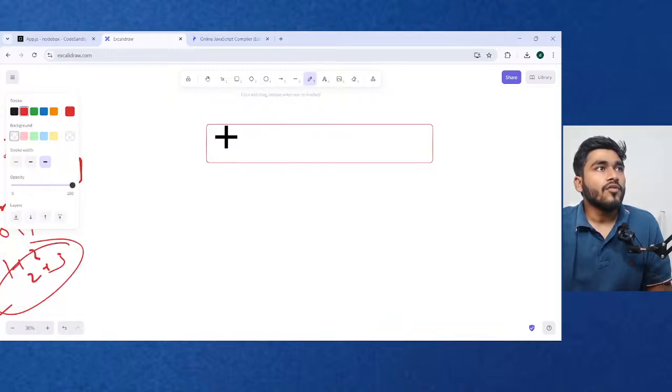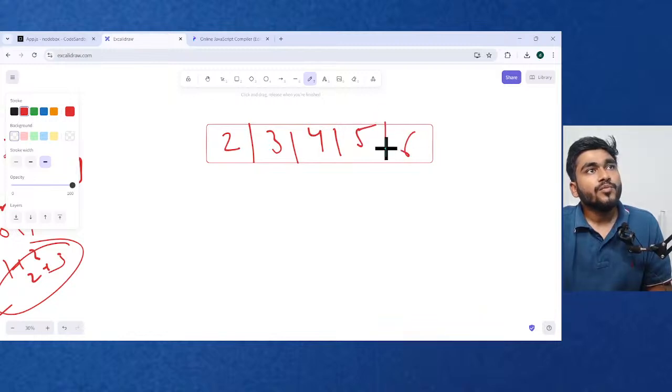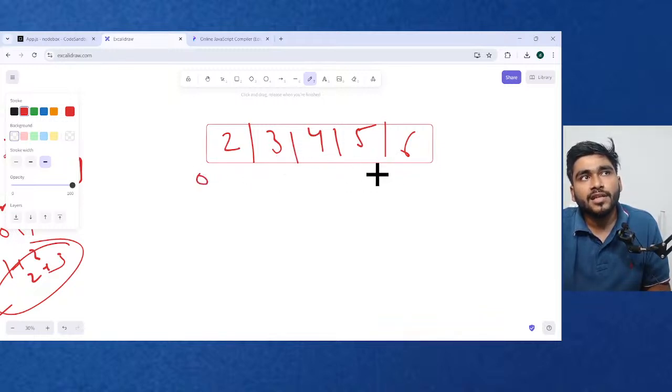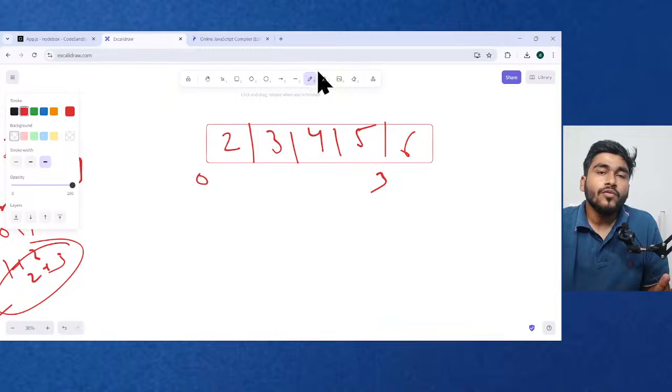Now what is the need of prefix sum here? Prefix sum is the concept. Suppose I need to find the sum from index 0 to 3. There can be two ways. First one, if